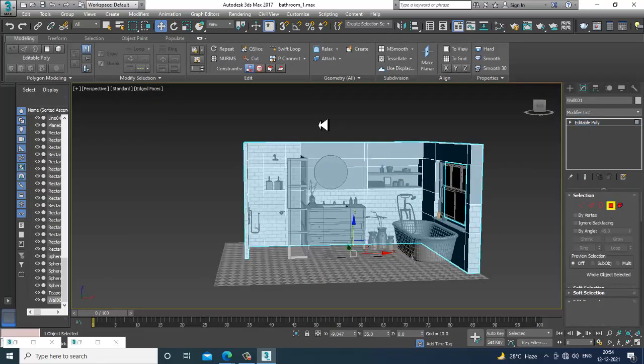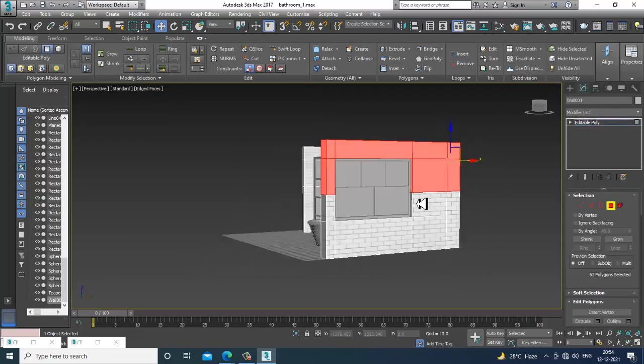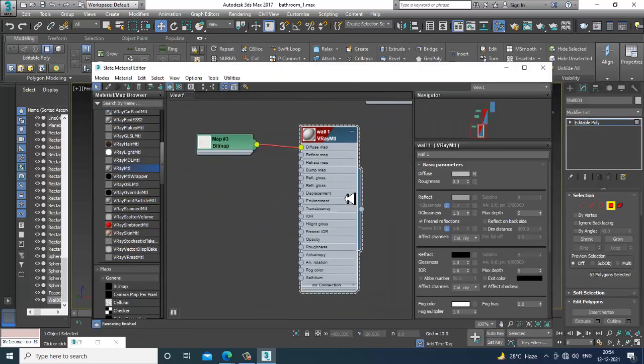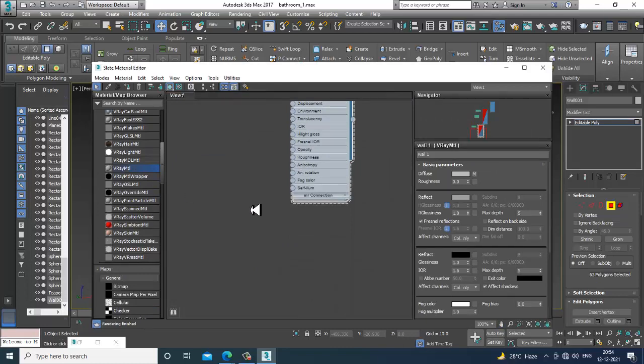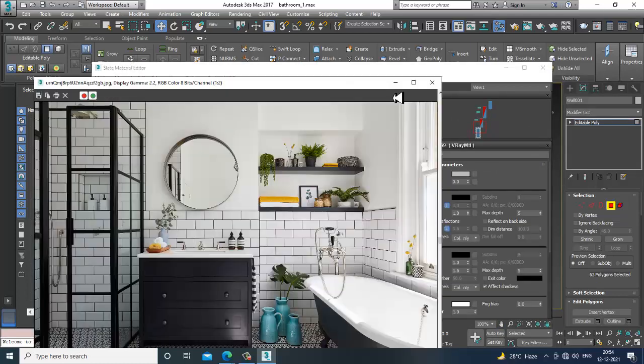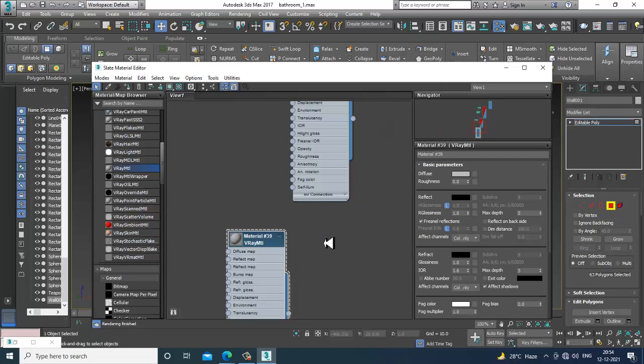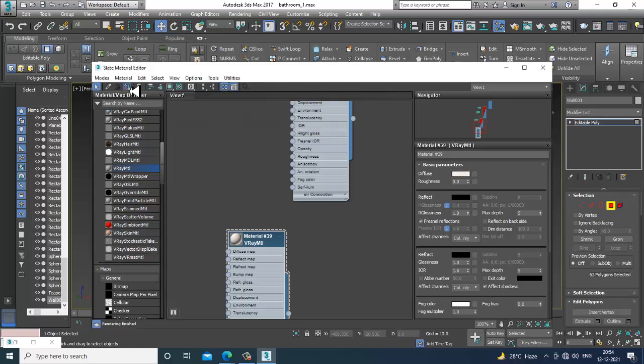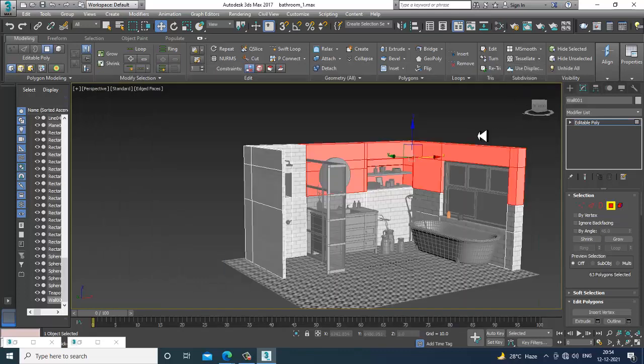So let's select the top section now. We have assigned the same texture for this. Take one more V-Ray material and we'll assign a color to it. Let's assign a bit of a yellowish tone, and assign a color to it.